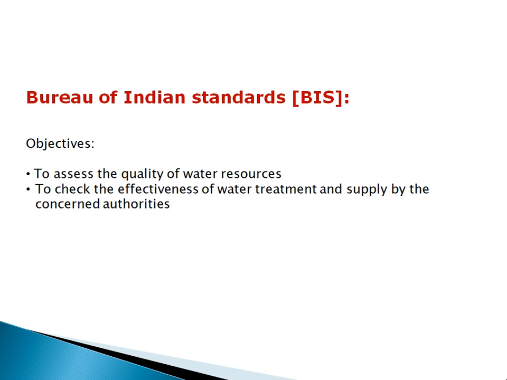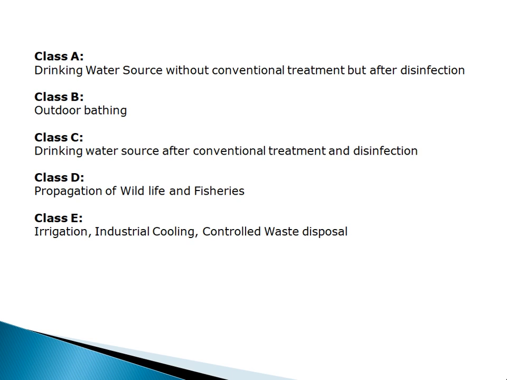The Central Water Commission provides a classification of the tolerance limits for inland surface water for the various classes of water use. As per ISI IS 2296/1982, the tolerance limits of parameters are specified for classified use of water depending on various uses of water. These are the various classes of water.